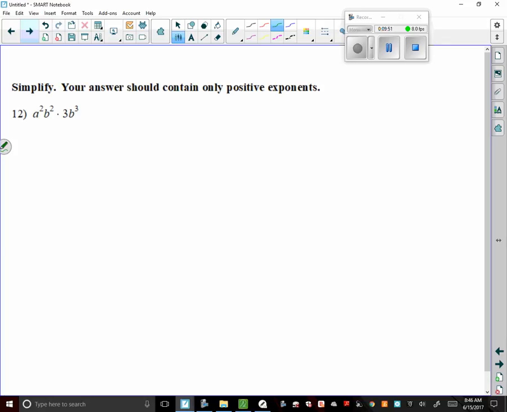So let's do a little bit of exponent work. When you simplify an expression like this, I suggest to do it one piece at a time. So let's do the constants first. There's only a 3, there's no one to multiply it with, so it just stays a 3. Now, at the a's, a squared also doesn't have anyone to combine with, so it just stays. And then I have b squared times b cubed. When you're multiplying, you add the powers, so this becomes